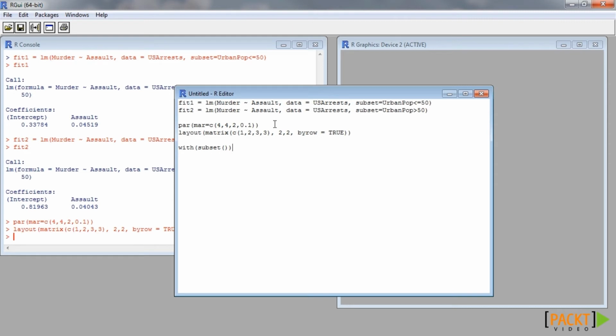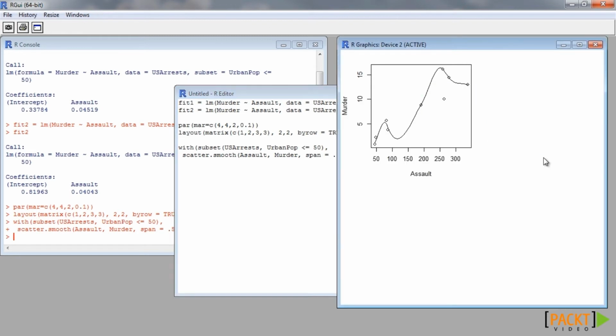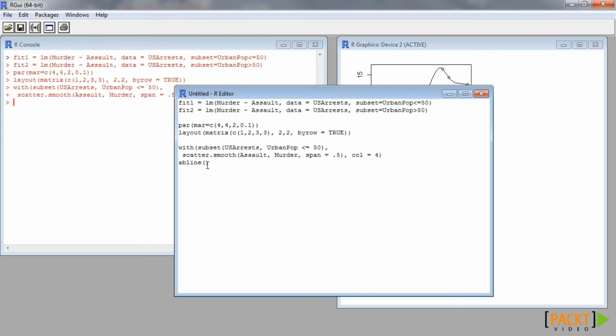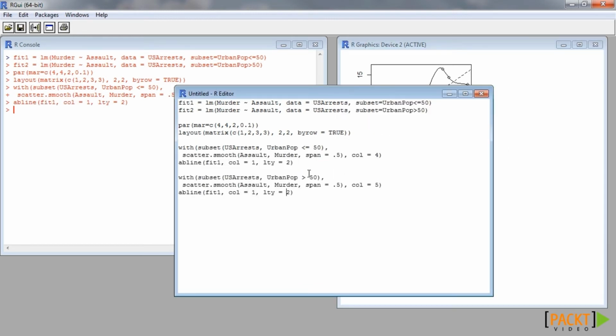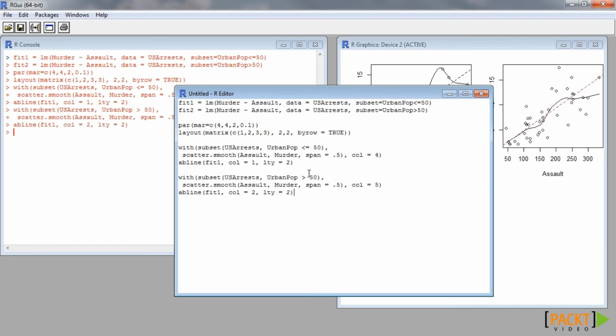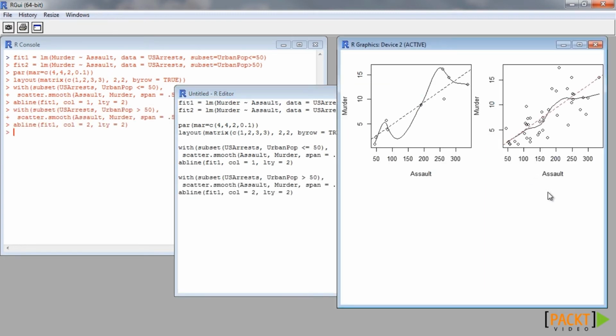Using the scatter.smooth and abline functions on fit1, we can place both linear and smooth regression lines in the scatterplot. The same can be done using the second subset and the object fit2. To produce the final overall plot with distinguishable points from different subgroups, we create the plot